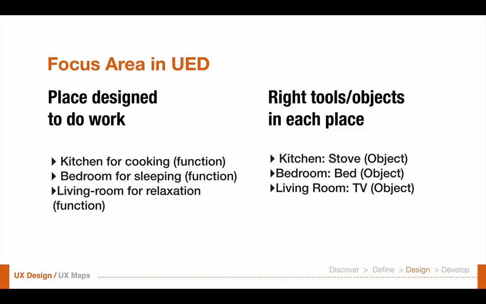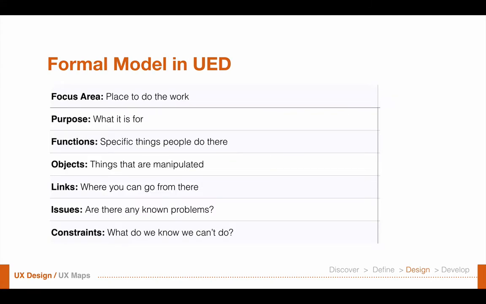Those are called objects. And then in the bedroom, we have a bed, maybe a lamp, things like that. It's also objects. And then in the living room, we have a TV. So that is also the objects in the specific place. So in the book by Beyer and